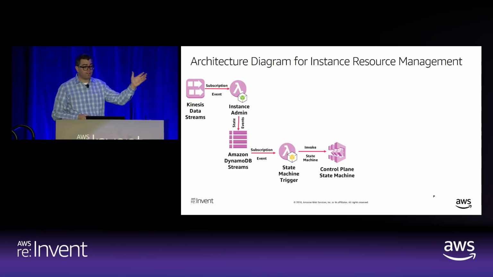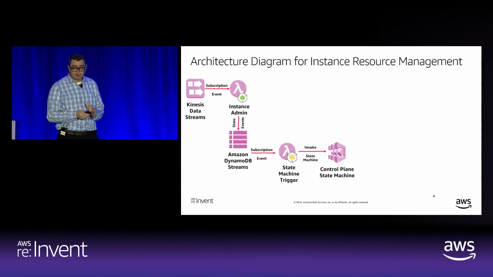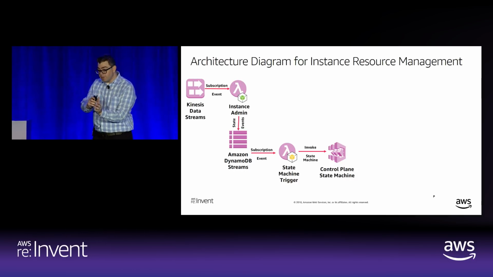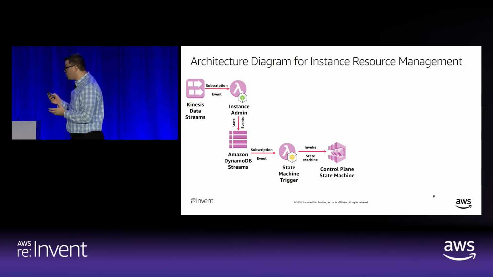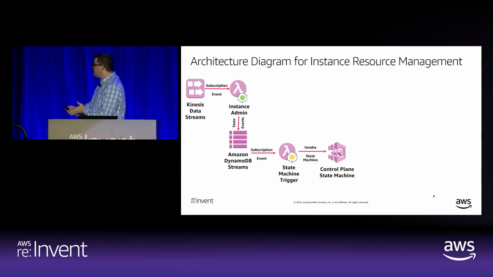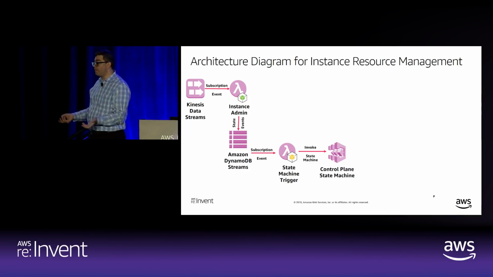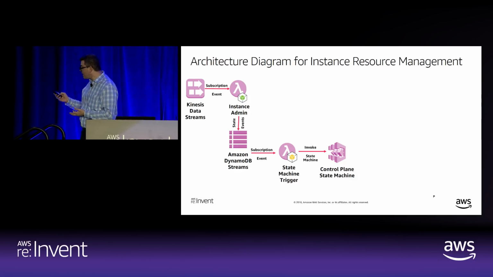So now I have one workflow in a Step Functions business logic that allows me to instantiate a database workload. Another similar one, with some minor modifications in a different state machine, allows me to manage a different workload. What other workload would it be? Maybe it's an object store. Maybe it's a network file system. Maybe it's some type of network traffic management solution. Whatever the case is, whatever the